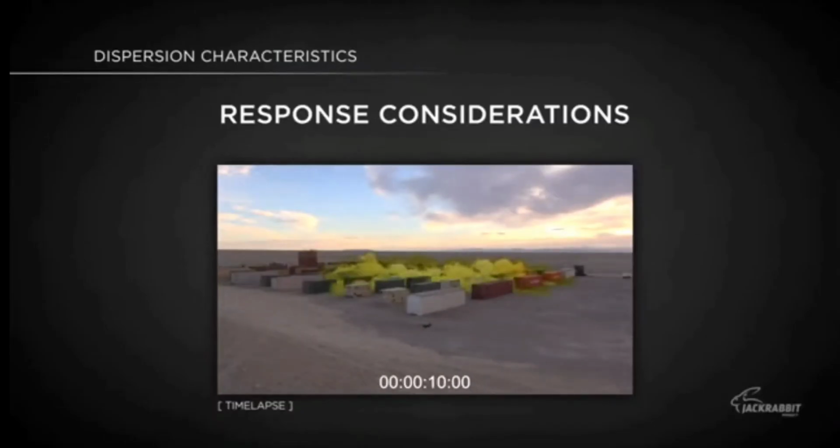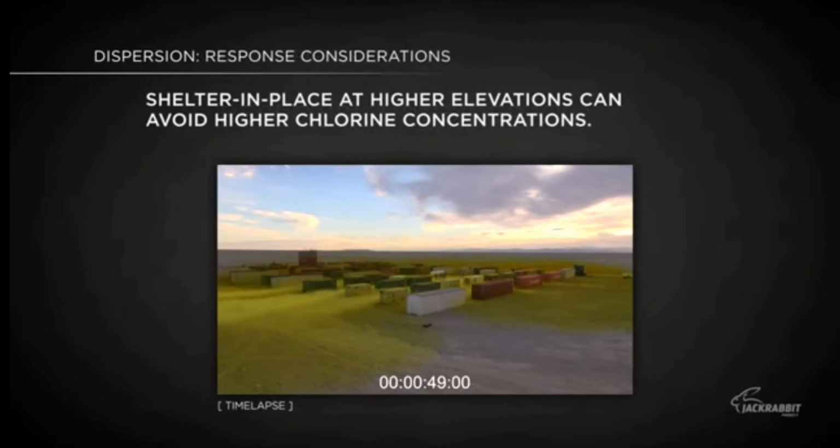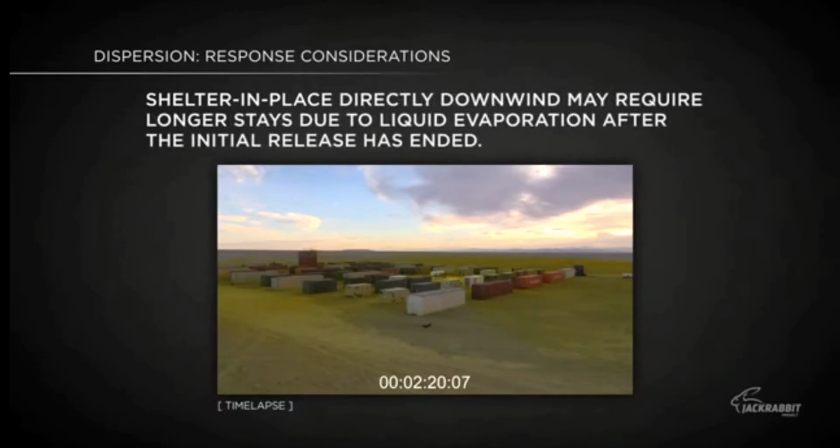From an emergency response perspective, the results from these dispersion trials may support these considerations. Because a chlorine cloud does not generally rise to great heights during releases at elevation and will flow around obstacles, shelter in place at higher elevations can avoid higher chlorine concentrations. And if the shelter in place location is directly downwind of the release point, the shelter in place duration may be longer due to liquid evaporation after the initial